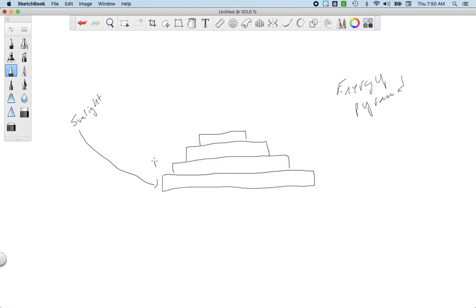As you go up the pyramid, there is less energy available, and that also means fewer organisms. So plants can support a large number of organisms on the next level, the herbivores, and those herbivores can support a certain number of secondary consumers, and those secondary consumers can only support a certain number of